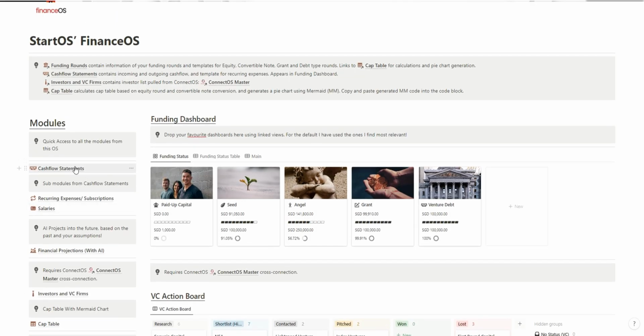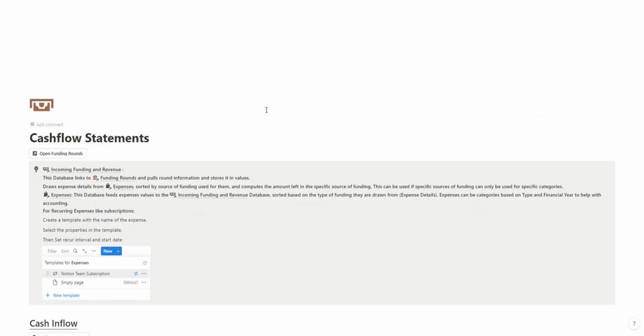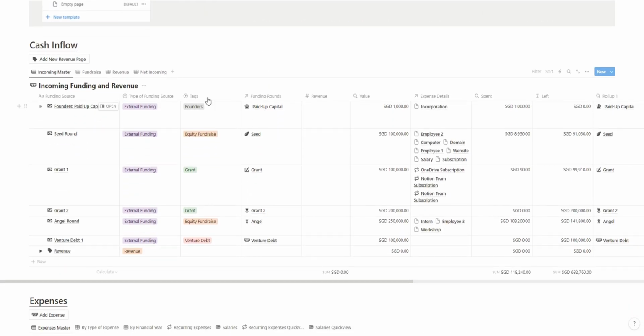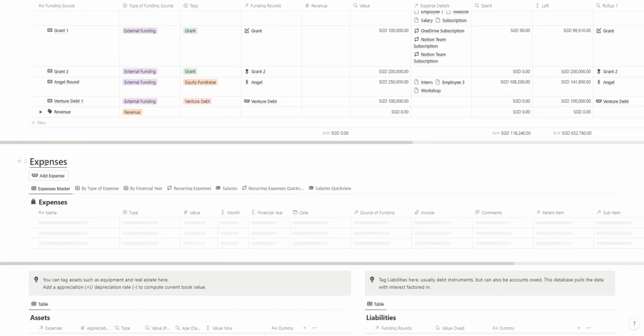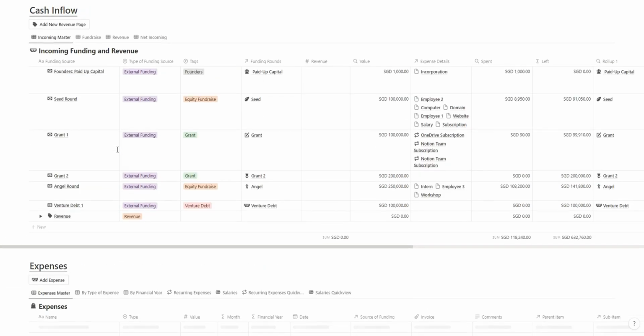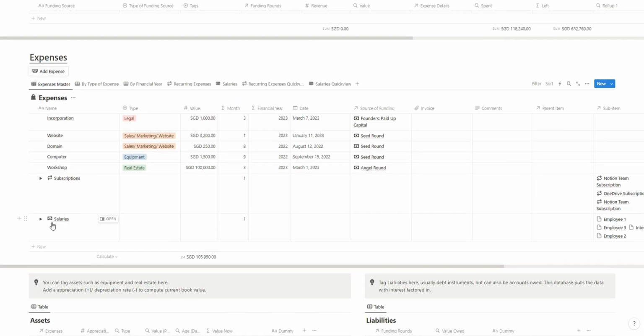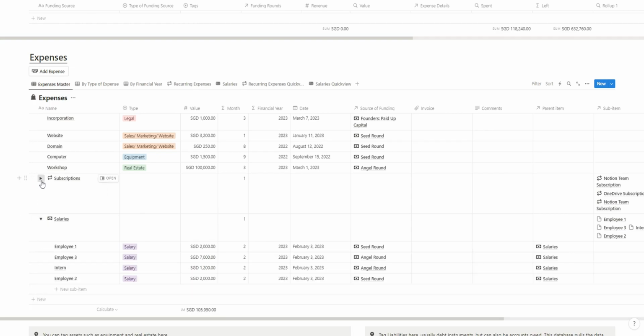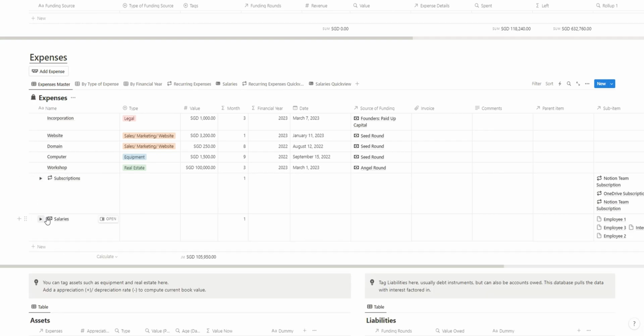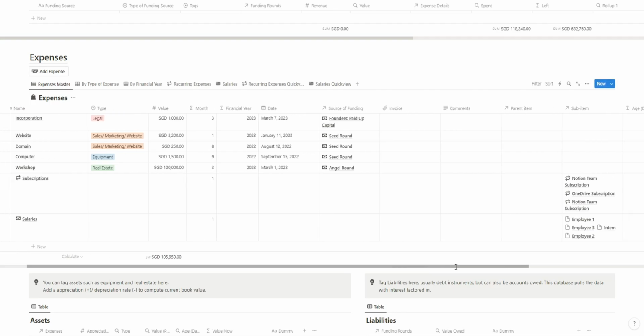First, let's take a look at the Cashflow database. Inside the Cashflow database, you can see two main databases, the incoming and the expenses database. The incoming database tags to your funding rounds as well as a revenue stream, so you can tag all your incoming capital. The expenses database takes in all your expenses, legal fees, sales, marketing, equipment, real estate, also subscriptions and salaries. Subscriptions and salaries specifically use the Notion sub-item feature, so you can create one item and assign multiple sub-items